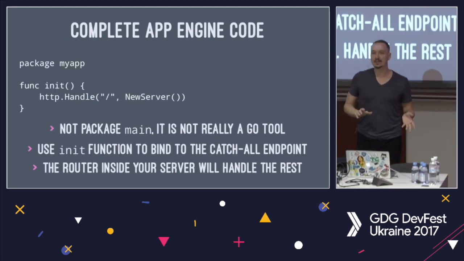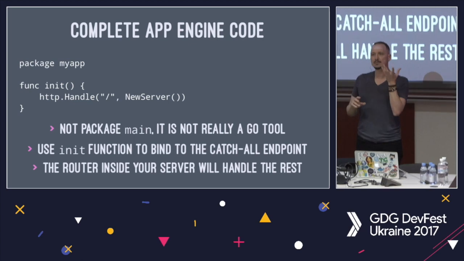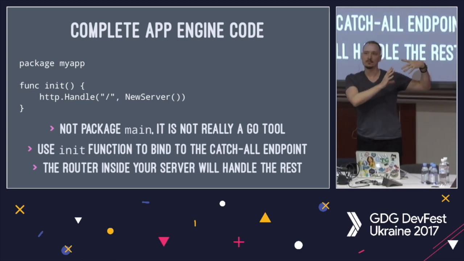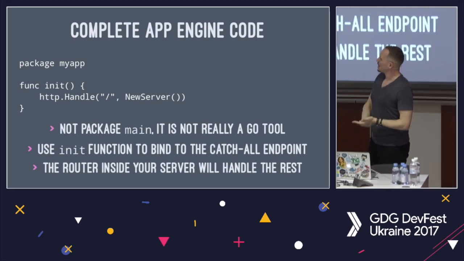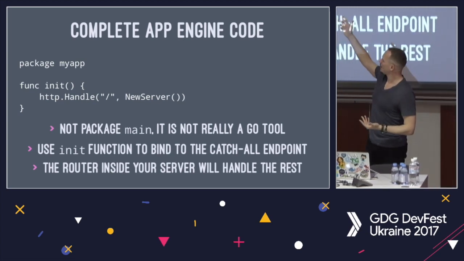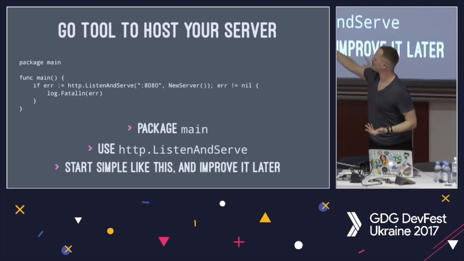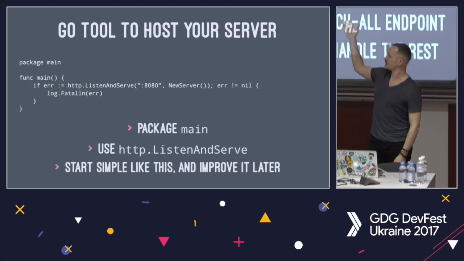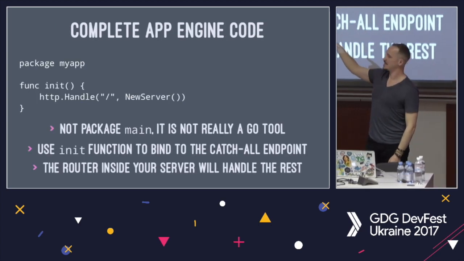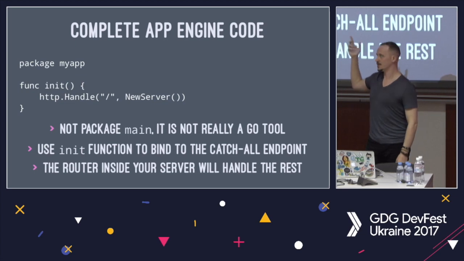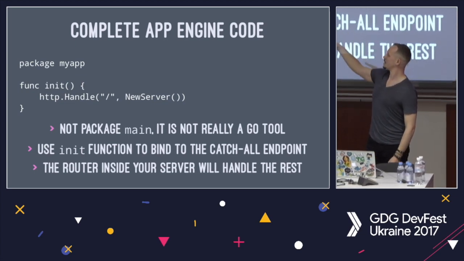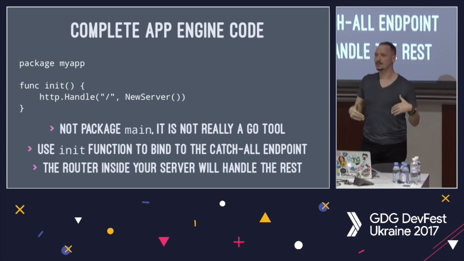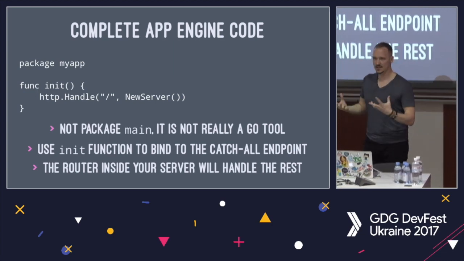On App Engine, it's a little bit different because you don't really build a tool. You actually push a package, and App Engine's magic runs that for you. So in App Engine, it's not package main, like the tool before, as you'll see, package main. That's because it's going to then be turned into a binary that can be run. In this case, it's any package, and you use the init function instead of the main function. And all you do is HTTP handle, and in this case, I want to handle every possible request that reaches this instance with my server.